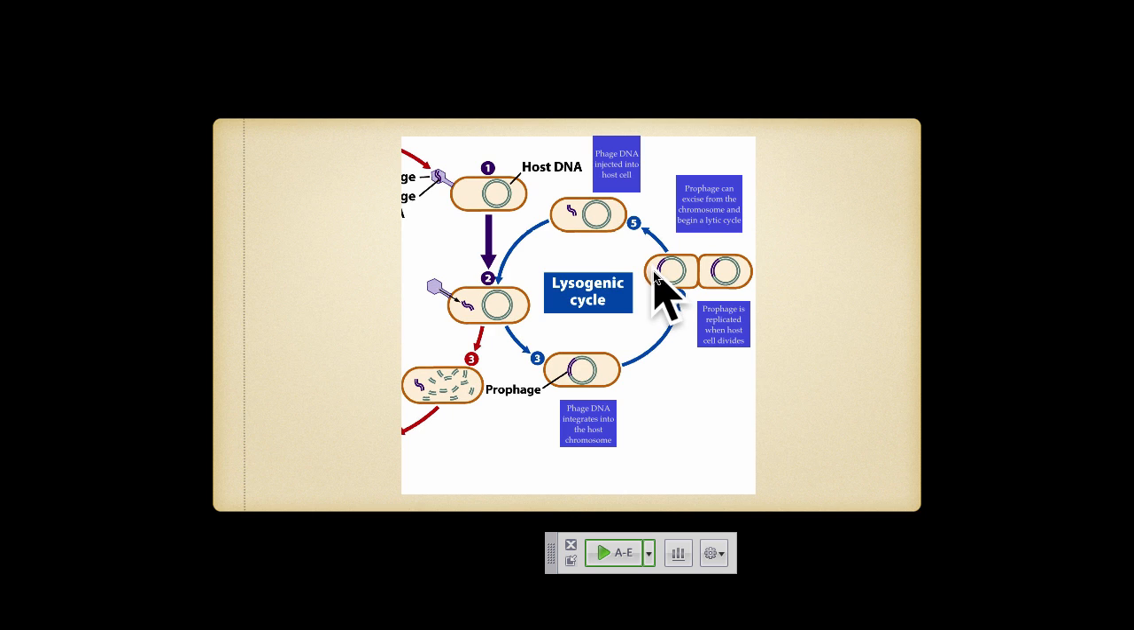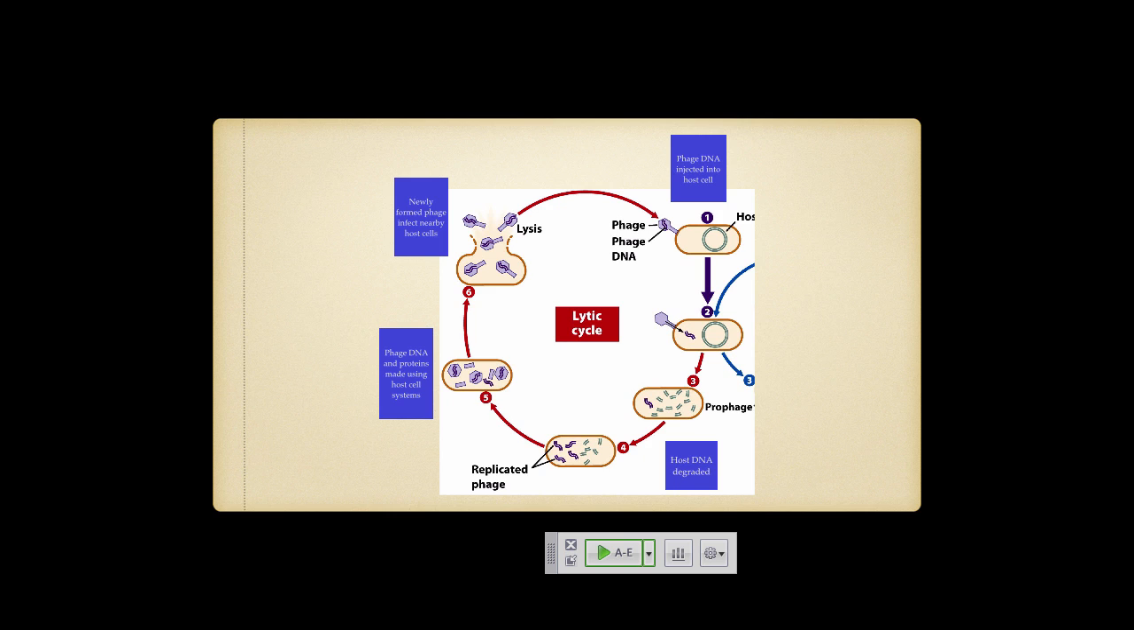But under certain conditions, we'll talk about this later on when we do DNA repair, for instance, if this DNA gets damaged, it gets exposed to ultraviolet light, then the phage can actually come out of the genome and go into the lytic cycle. So it comes out,